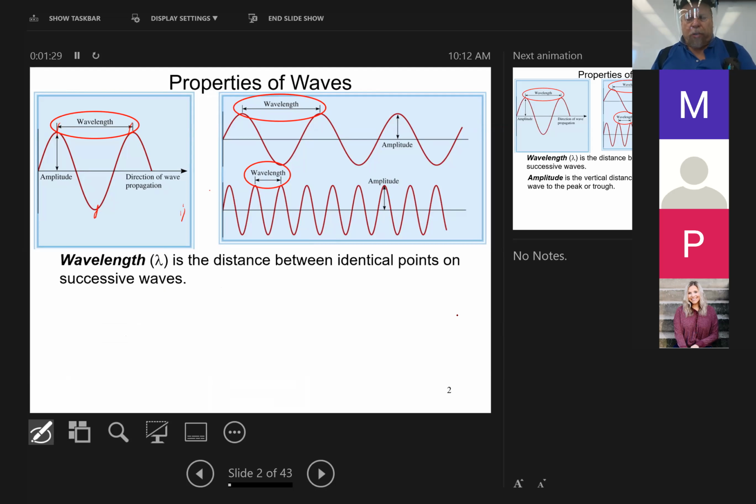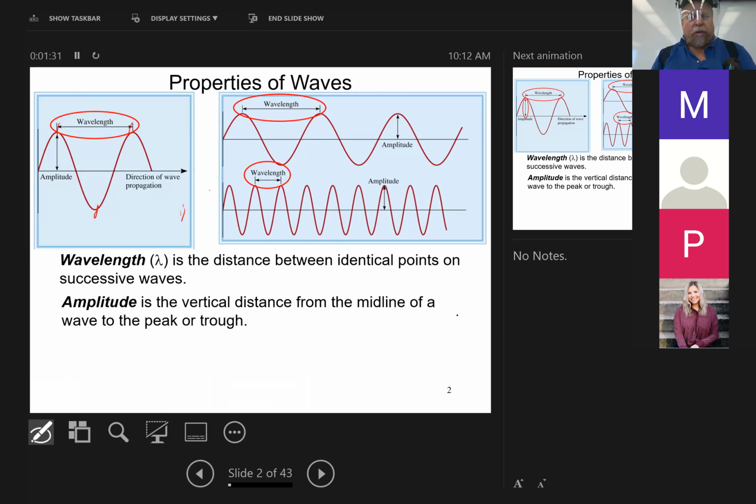So essentially what we're trying to do now is introduce you to the whole topic of energy in wave forms. So the amplitude is the vertical distance. This is the amplitude here, going from either the line to the top or the bottom to the top, depending on what you're talking about. The midline of the wave to the peak or the trough, that's called the amplitude. Now,